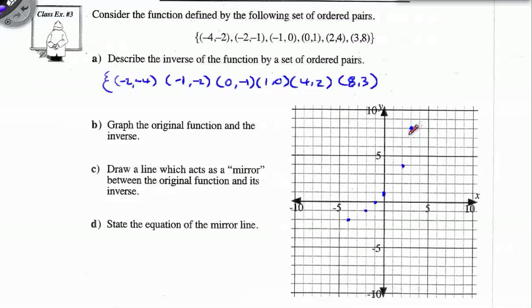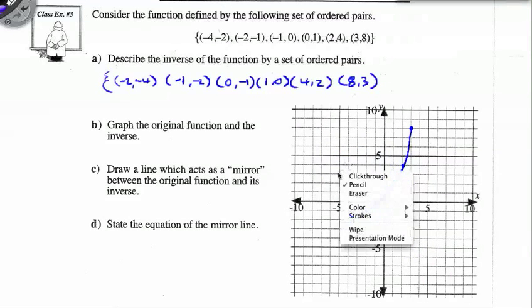This graph looks like it's curving. Let's just check 4, -2, -4, -2, and then -2, -1, -1, 0, 0, 1, and then 2, 4, yeah. So let's just graph that with a line. We see that it's going through these points, like so. Whoops, I missed that one. Okay. And now if we graph the other one,